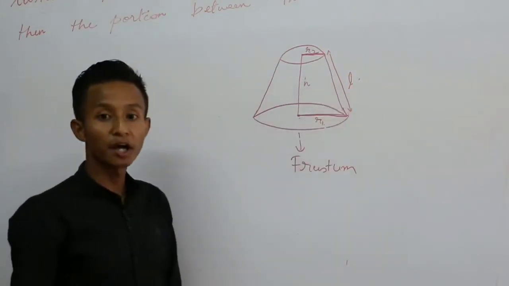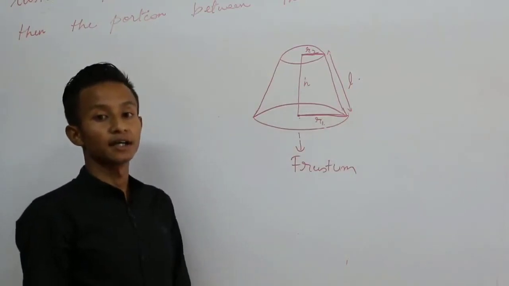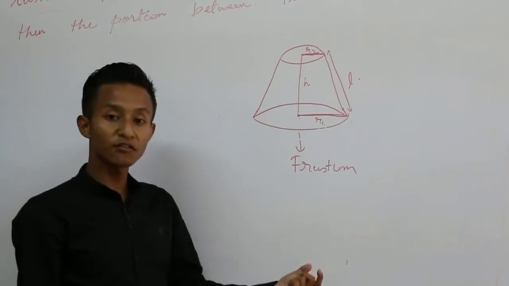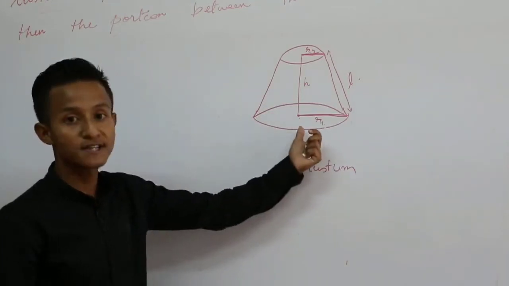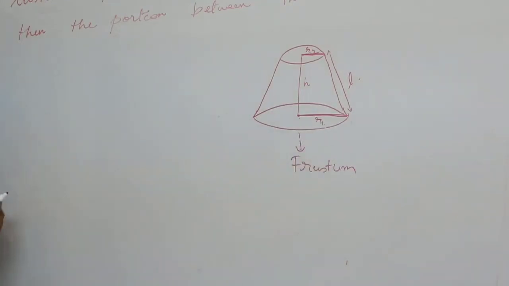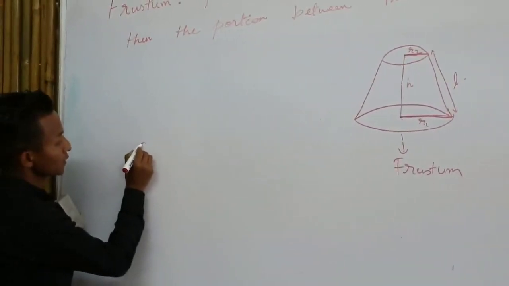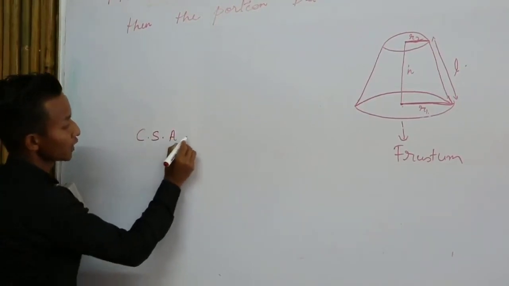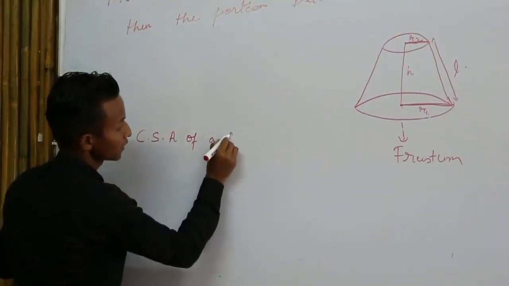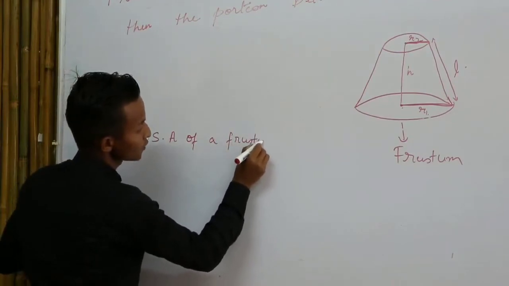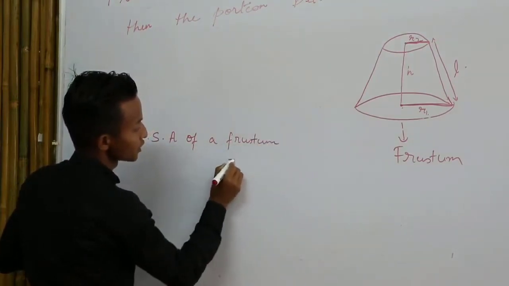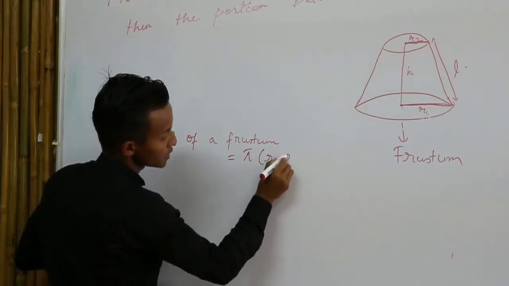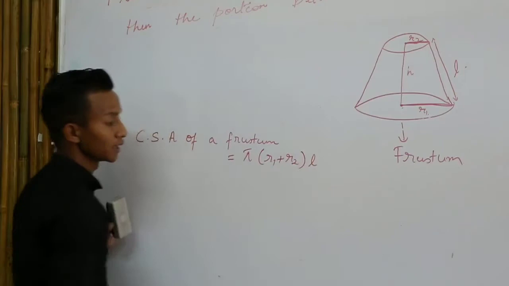So now I am going to introduce the formulas for finding the curved surface area, the total surface area, and the volume of a frustum. So here, the curved surface area of a frustum is given by pi (R1 plus R2) into L,